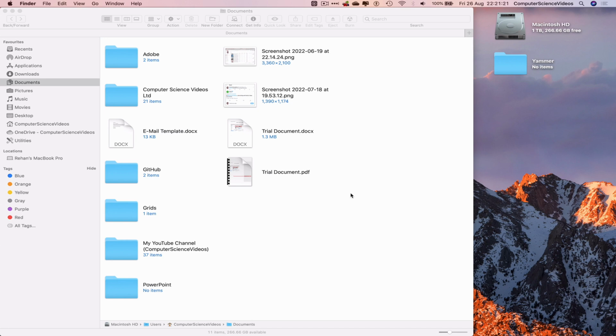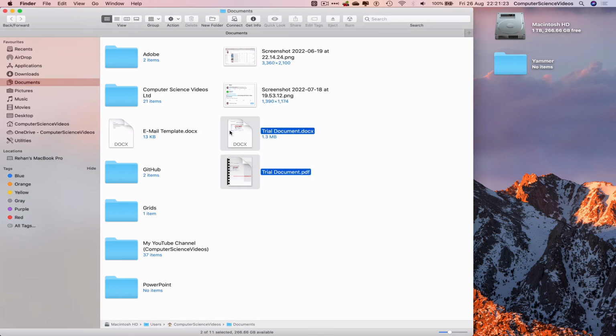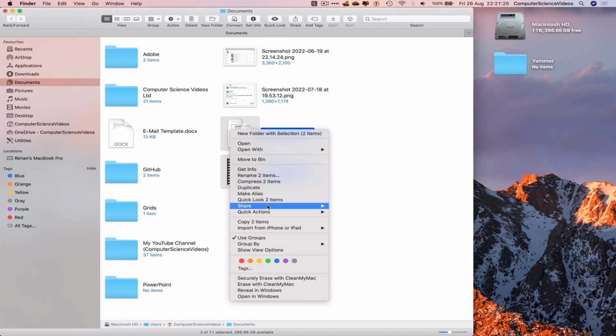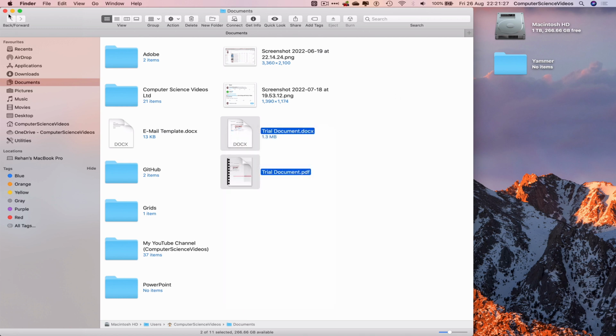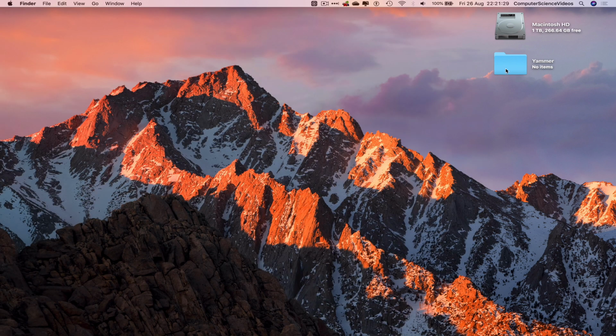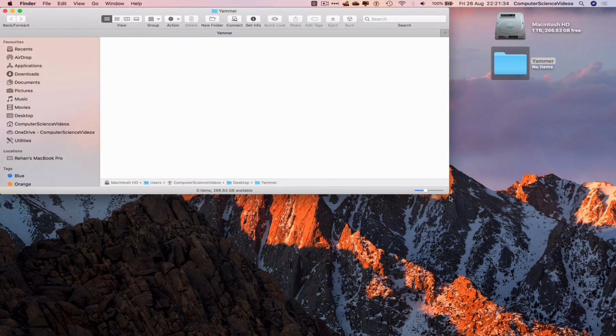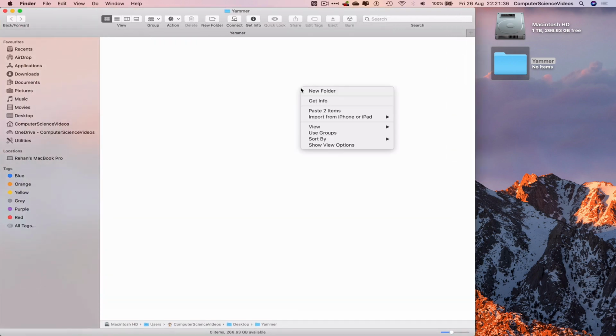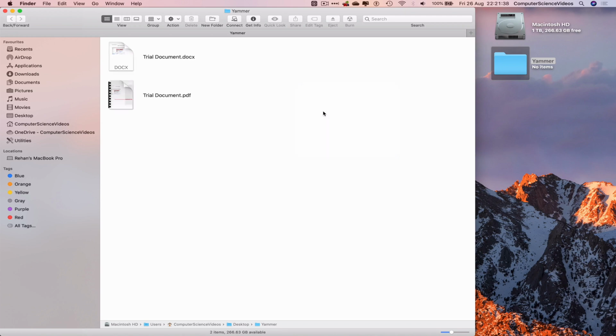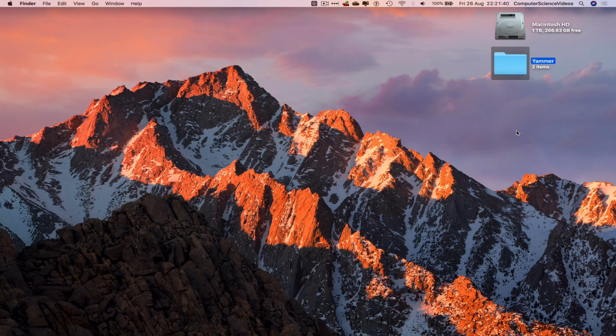Take a document as well as a PDF file, highlight, right click, and copy two items. Let's close Finder. Let's open up the Yammer folder. And now let's paste into this folder. Right click, paste two items. There we go. So we now know that this folder has two documents in there that we will be uploading